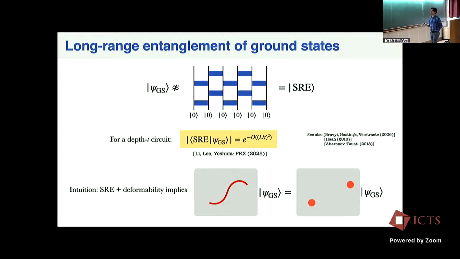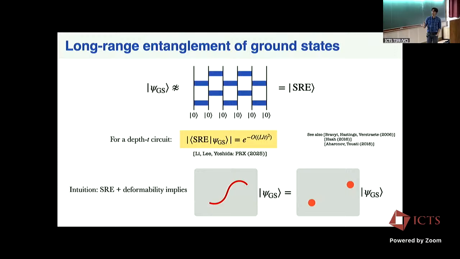Or in a more quantum information language, I apply some finite depth circuit of local unitary operations to this initial state. And this finite depth circuit can create some correlations locally within the light cone of this circuit, but it doesn't create any long-range correlations. So this is a trivial state. And then a long-range entangled state is something that I cannot create with this procedure. And the statement is that the ground states of the toric code are indeed long-range entangled.